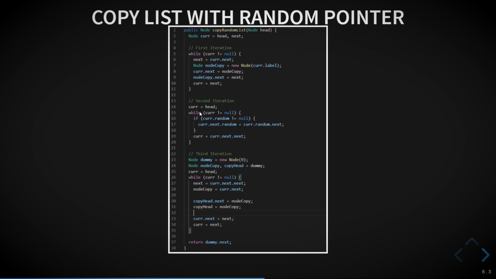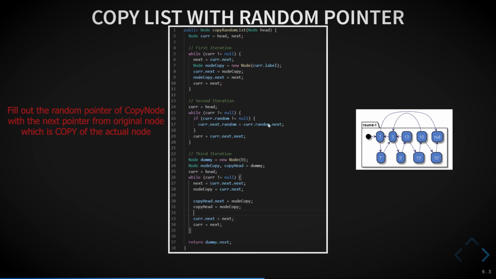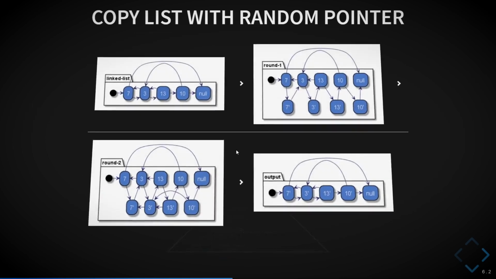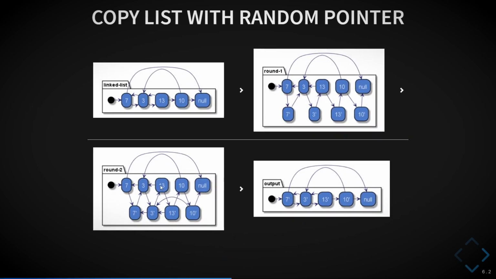So in the second iteration, as we have suggested, we are now replacing the copy node's random pointer with the actual list node random's next pointer, so that will be the copy node of that random pointer here like this, and we need to check that it's not null, otherwise we will get a null pointer exception here. And as we have said in the actual example here, that we have to move 2 nodes at a time,